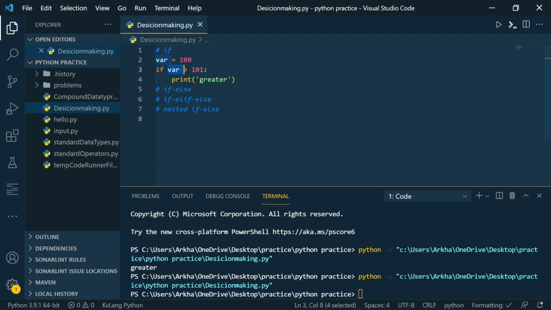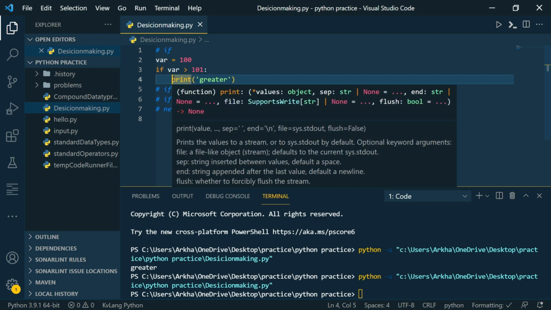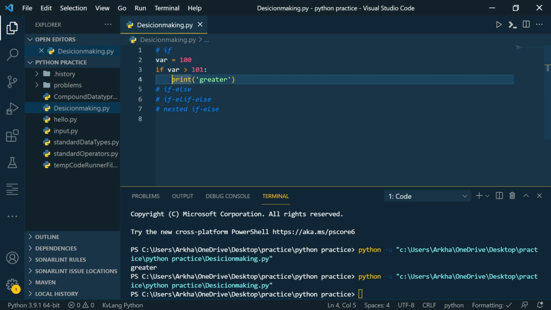This particular thing is a condition. We can specify a condition to an if block in order to execute these statements which are indented after if. So indentation is really important in if statements. You need to be inside this if block in order to stay in this if block.